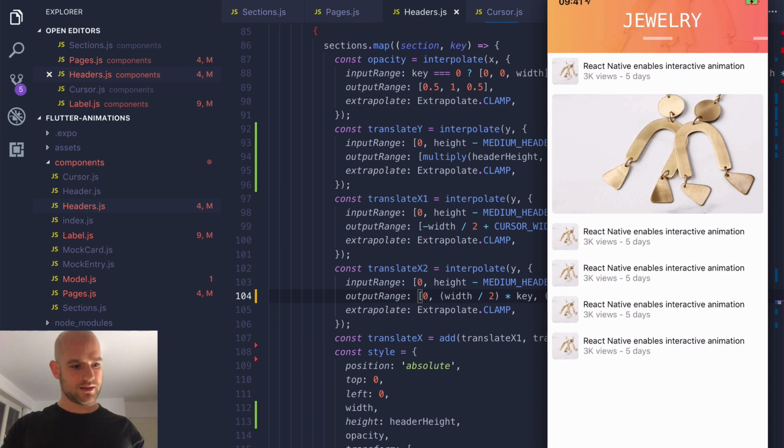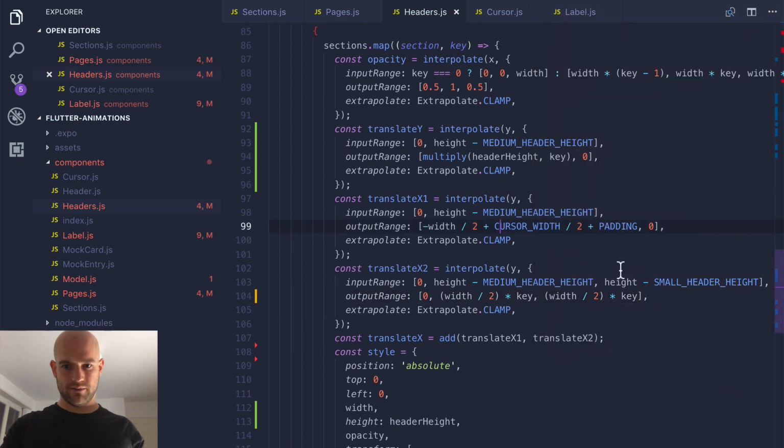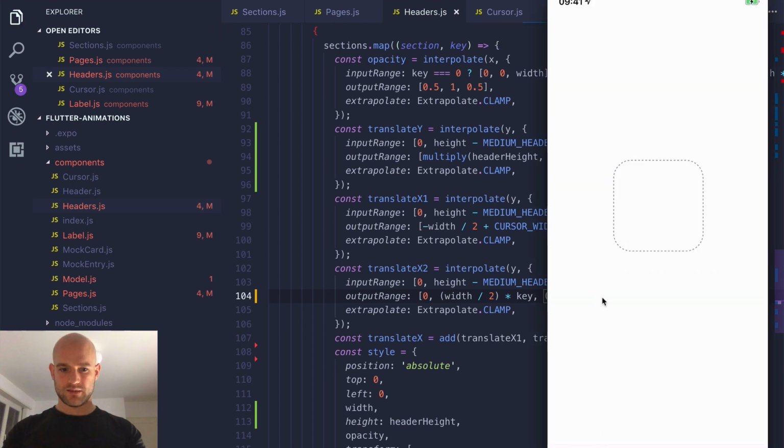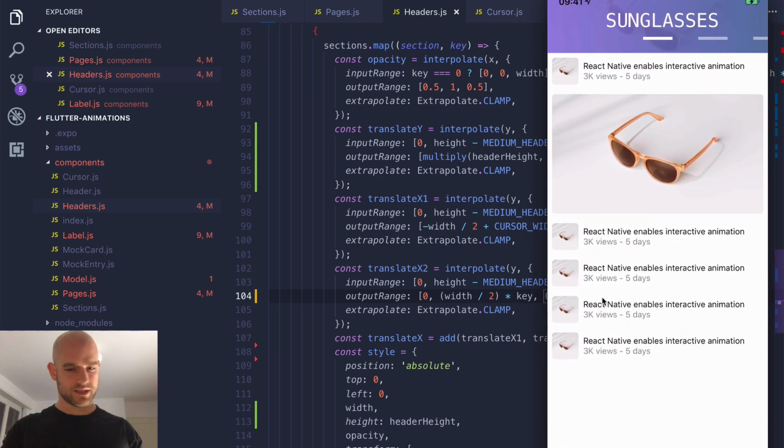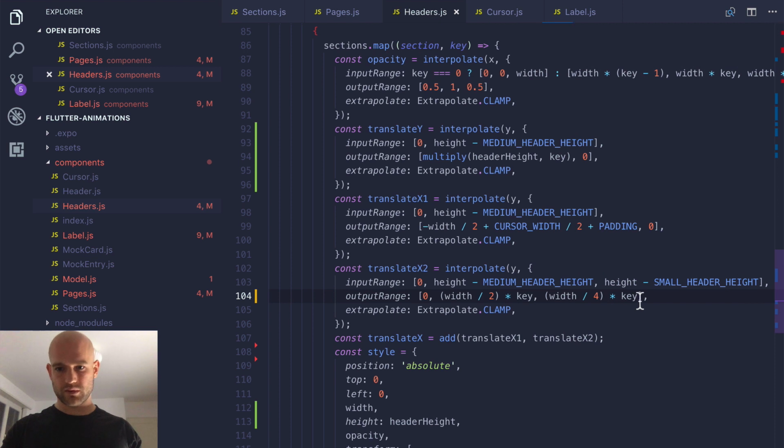And then if we are at the last position, we need to make it much closer. So let's say, divide it by 4. So now you see they get closer, but we need to remove maybe